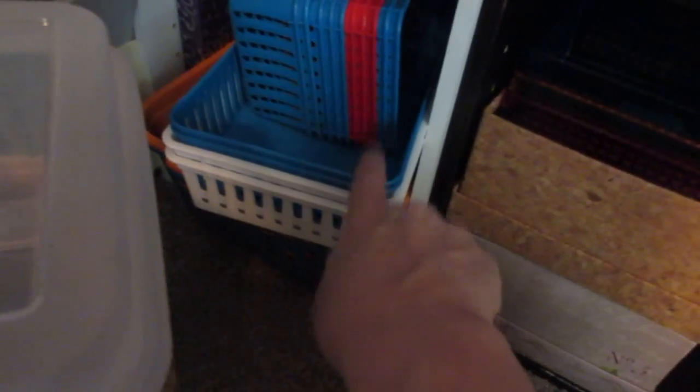And all of this are empty baskets and boxes and things, trays to use for when I pull images out for collaging and stuff like that. So all of these are empty, ready for new projects. I also have a bunch of these. I've got 4 of these that are empty that I don't think I'm going to be using. So I don't know what I'm going to do with them. I might just get rid of them. So that is the tour of the whole room,